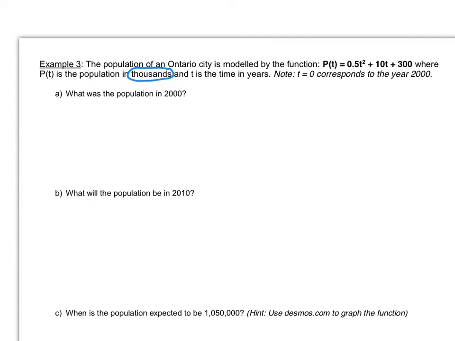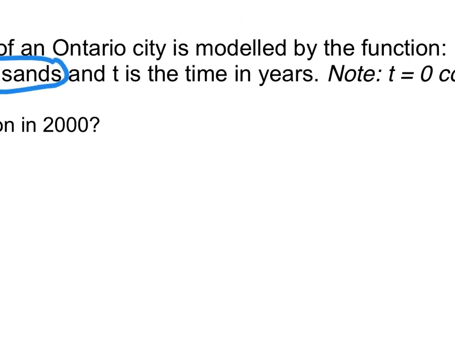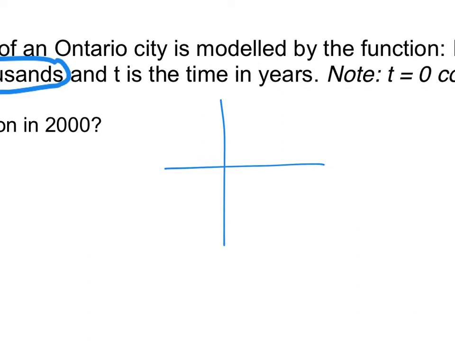So what we're trying to say is that in the year 2000, that is the first year that they started recording populations. And then every year the population is increasing from that year. So what is the population in the year 2000? What this is asking for is your y-intercept. So if I'm looking at the quadratic, 0 for time, which is the year 2000,